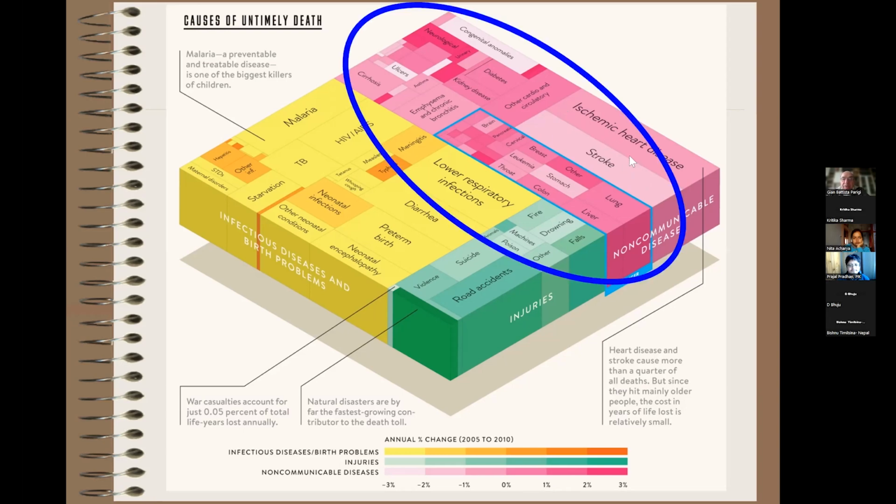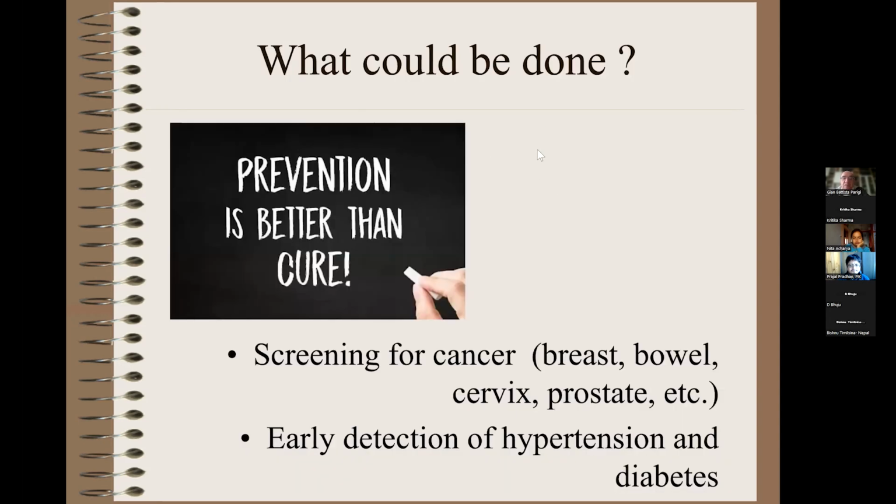This group of diseases, most of them ischemic heart problems, and so on and so forth. What could we do? Again, prevention. Prevention is better than cure, and therefore, if we are able to set up screening programs for cancer, now we